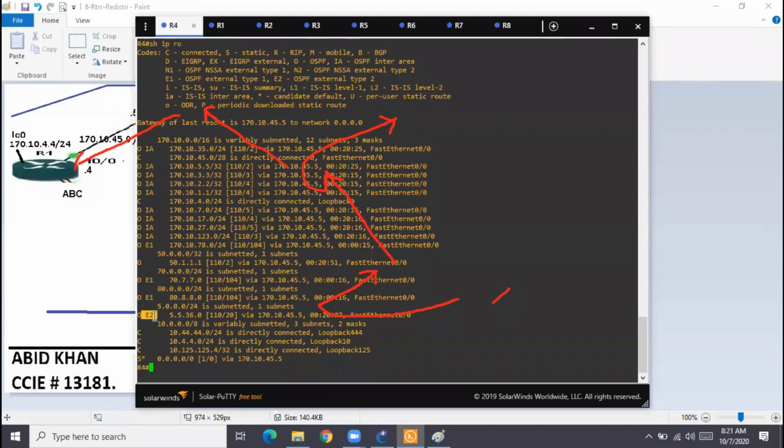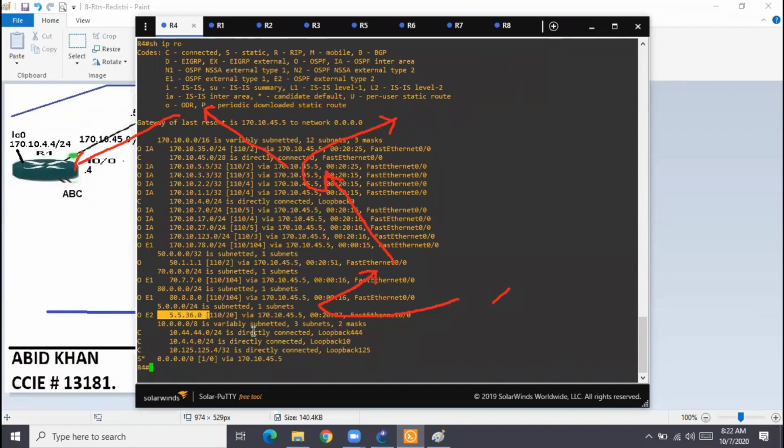Because this is a route not coming from R7. This is basically an R3 route. R3 is another redistributing router. So it is not common to every router, no? Because if I'm doing the configuration on R7, only that router will get affected. Other routers will still have their own configuration. So this is localized. I localized the instruction for R7 now. I did not do the instruction for R3, so R3 is still following its default policy. If I want R3 also to do the same thing, then what do I do? I need to go to R3 also, and then I apply the same policy.